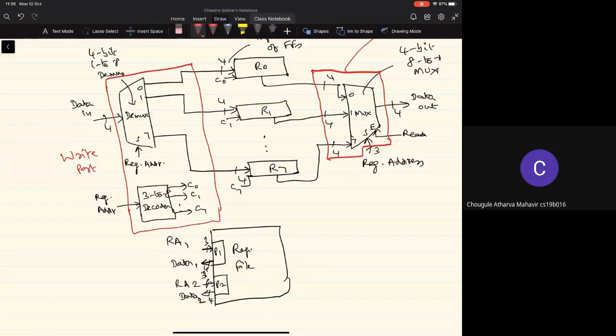Assuming that we'll write into only two different registers at the same point of time, right? Is it possible to have a register file with two write ports? That is, can I perform the write operation into two different registers simultaneously?